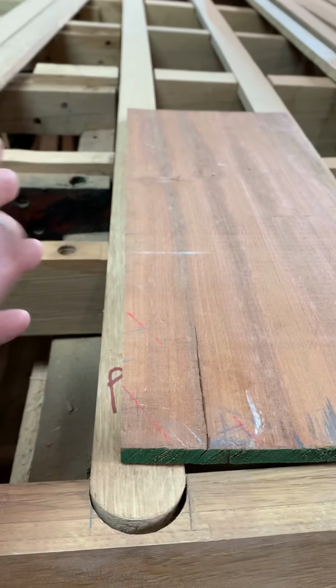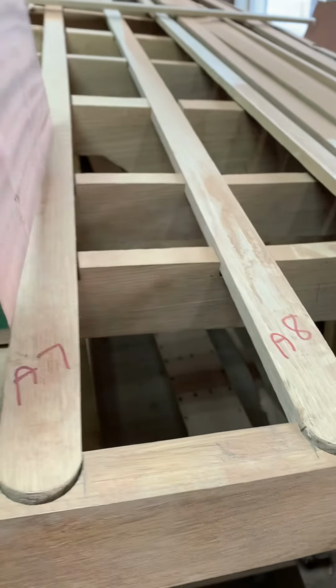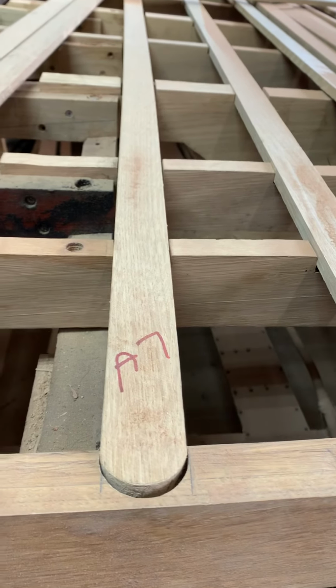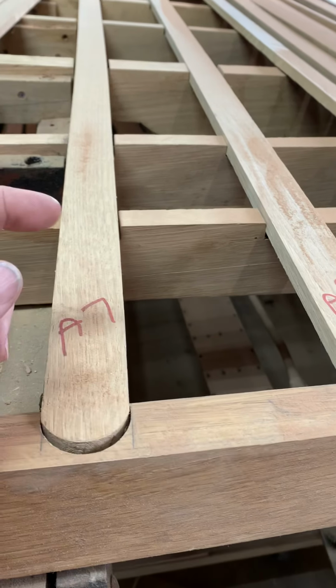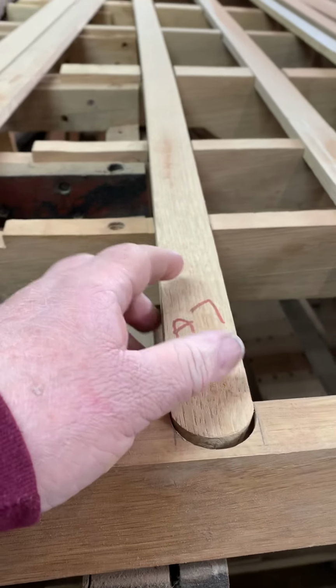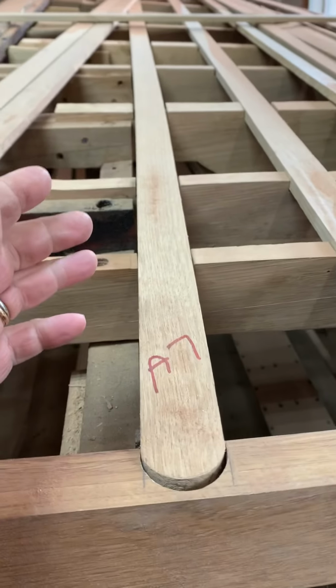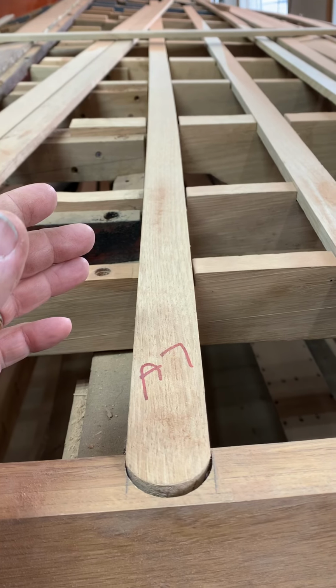So we could take the existing planks off the bottom of yours, and we could fix all the battens and fix all the frames, and then put the planks back on that are still usable and glue them to the battens. And that's what I call a Poman 5200 bottom, because that is a little less expensive than the other